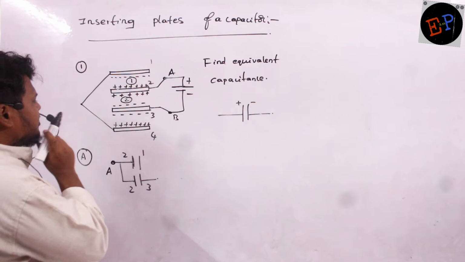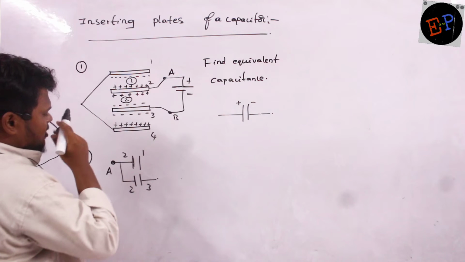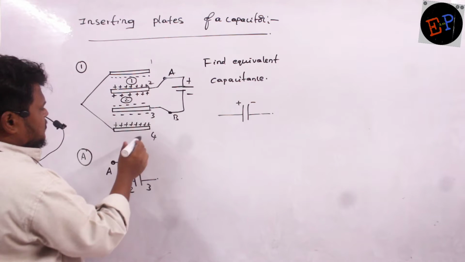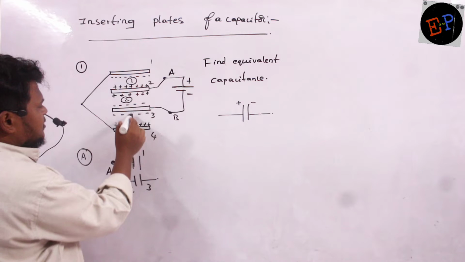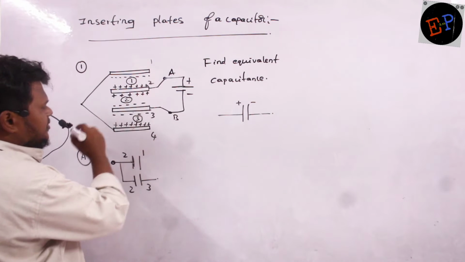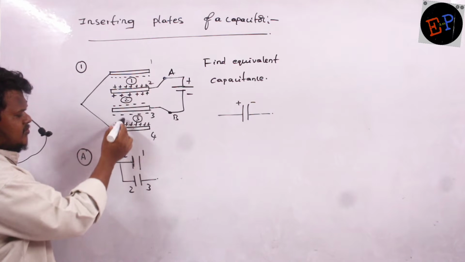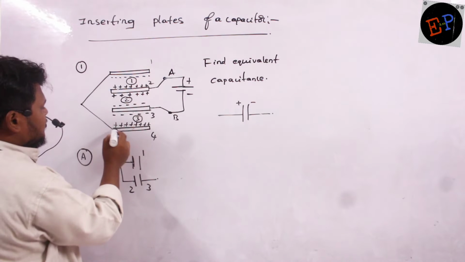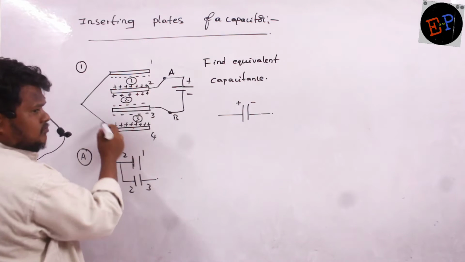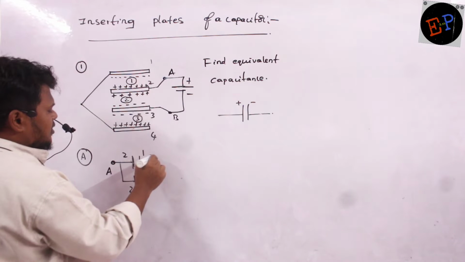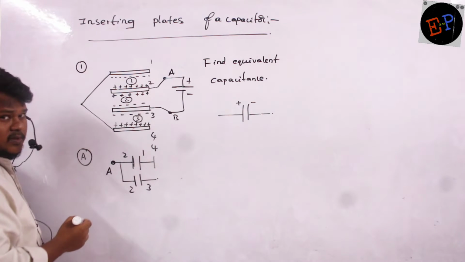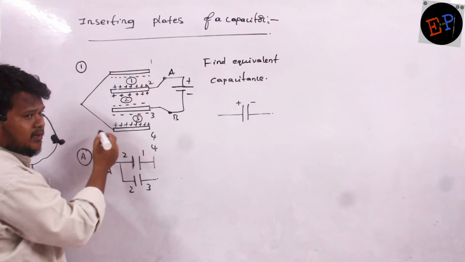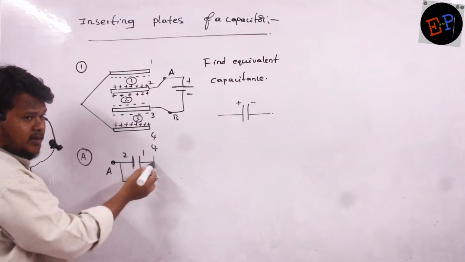Now see, still what can I do? Okay? Now if I start from point B, clear? 4 3 is forming one capacitor, no? So this is capacitor number 3. 3 4 or 4 3 is also forming one capacitor, no? Clear, no? And in this process 1 and 4, they are connected by a wire, no? So it means that 1 and 4, I can call it as the fourth plate, no? Why can I call it as the fourth plate? Because 1 and 4, they are connected by a connecting wire.